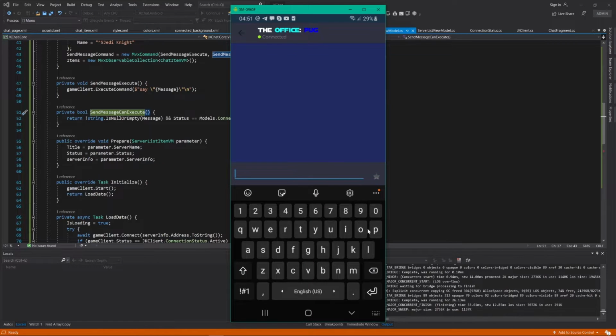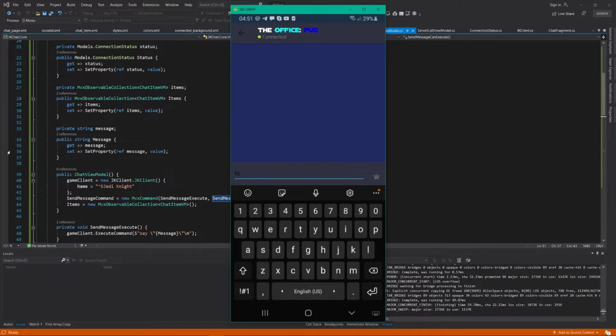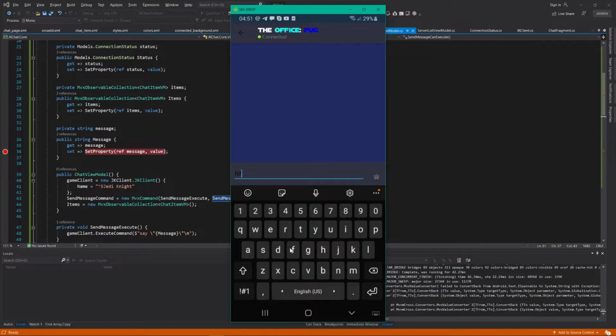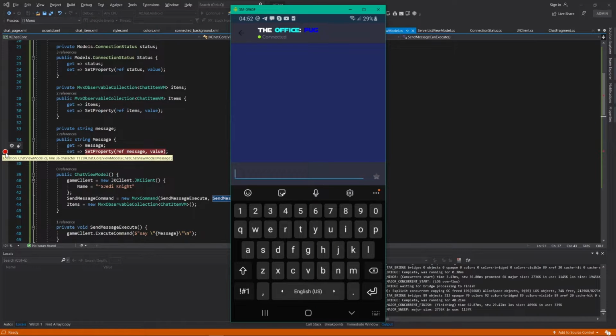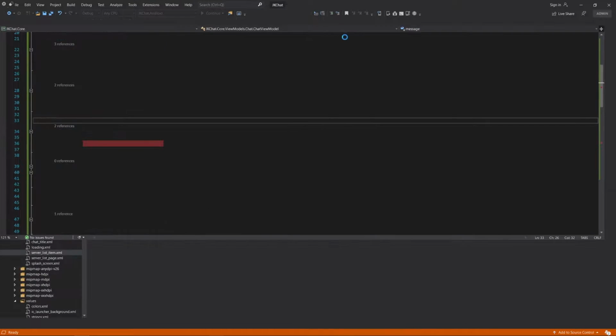Not sure I did anything. Hi. Does message change? No, it doesn't change value. Why? Because text formatted, maybe? Oh, yeah, convert and convert back. You know,